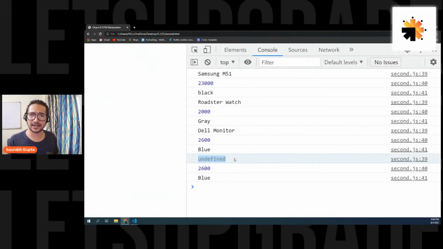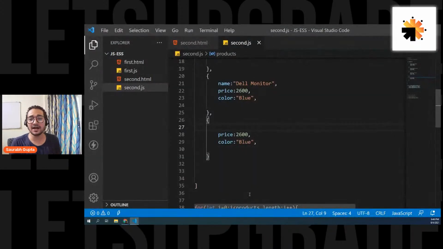That's all. That means it's not there. JavaScript will basically tell you that it's not there. That's it. No error. Simply, it's not there. It's undefined. So if you're trying to access some property that is not there inside the object, you will simply get undefined. Undefined basically is the way JavaScript says, okay, fine, this thing is not there that you're trying to access.